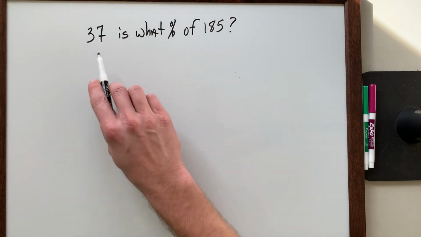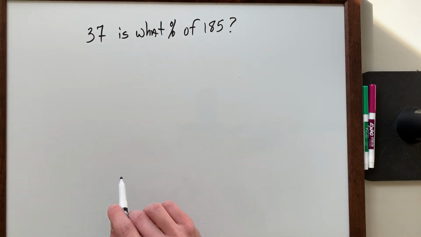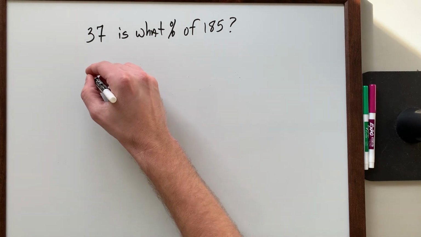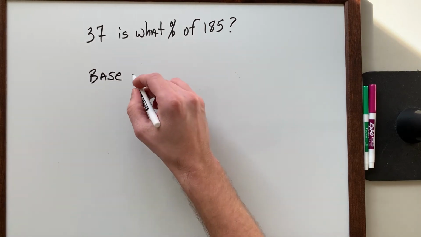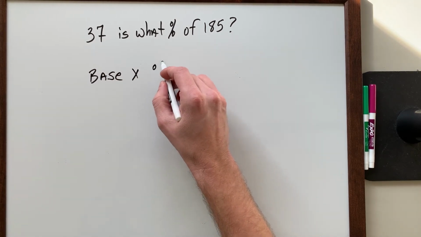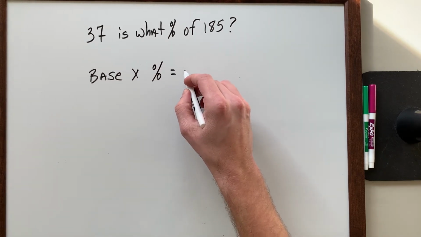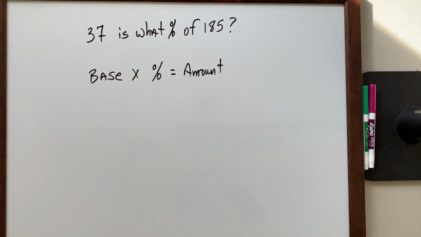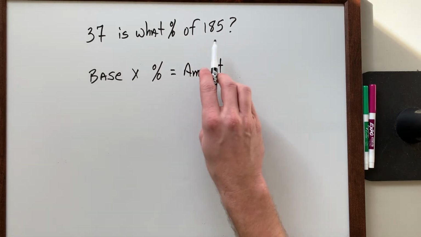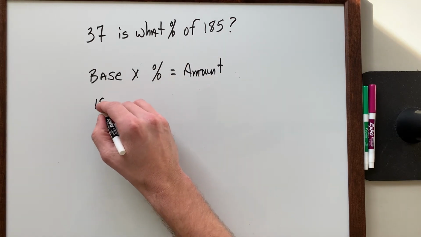Let's try another example that's a little bit different, but we can still use it. 37 is what percent of 185? Okay, well, let's go back and remember that the relationship for percentage problems is our base number multiplied by the percentage, okay? And that is equal to the amount. So what we're gonna do is we're gonna fill out the pieces that we know. The whole thing is 185. That's gonna be our base, okay? So 185